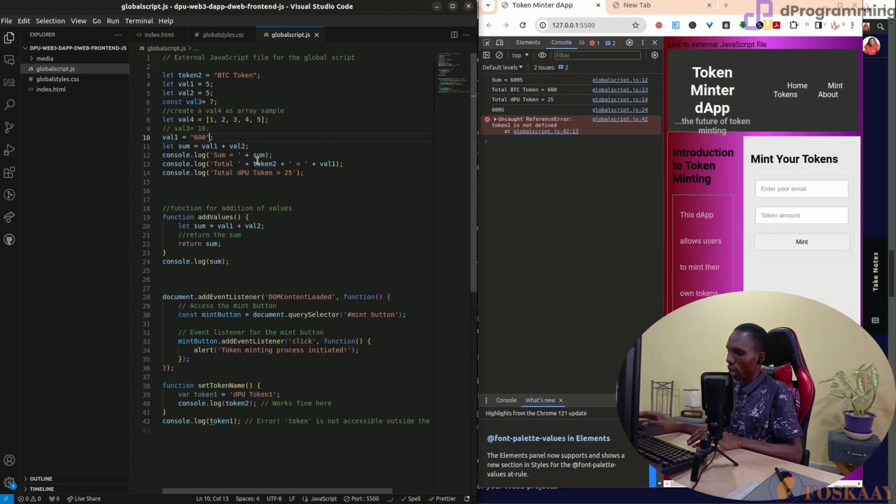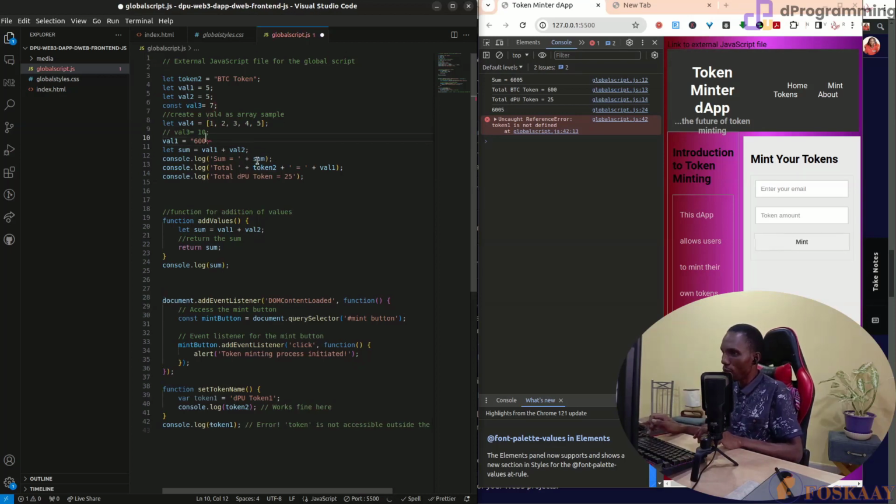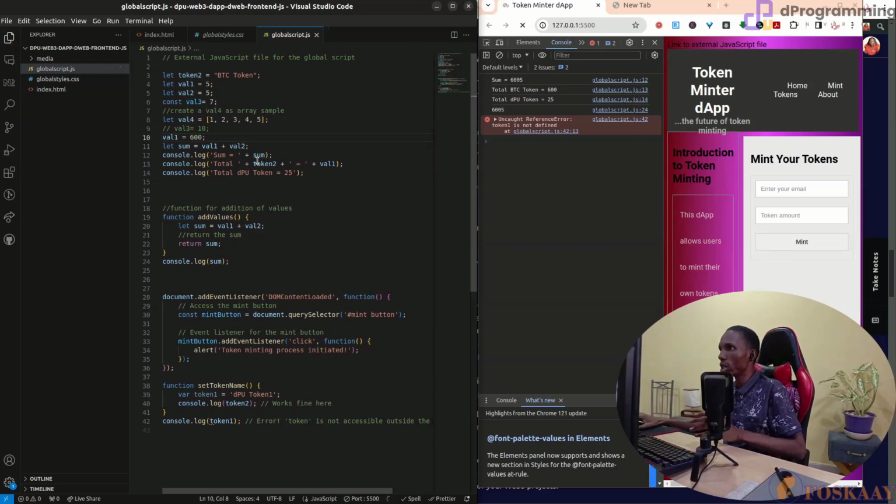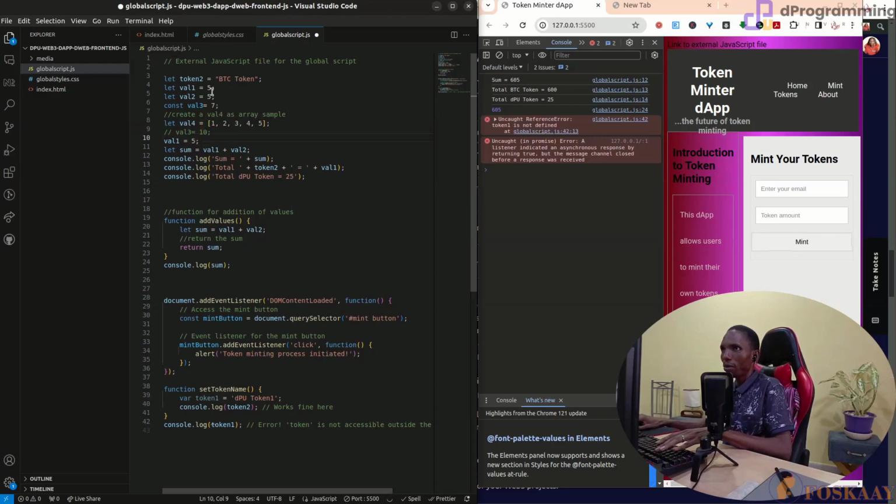So it's totally different. Once I remove this, it turns to a number. A number doesn't have any quotes. And this becomes what? 605, instead of 6,005 or 6. You understand? It's not doing any math there. It's just adding it. And if I return this to 5, or let's say 3,